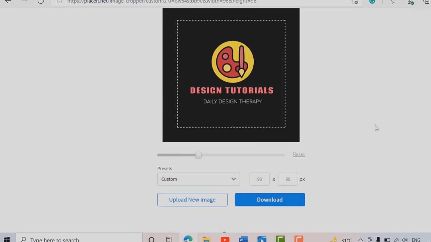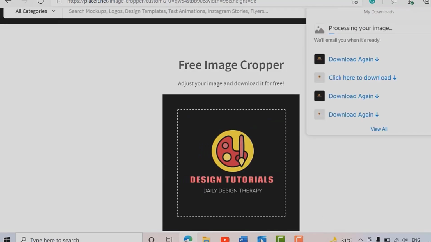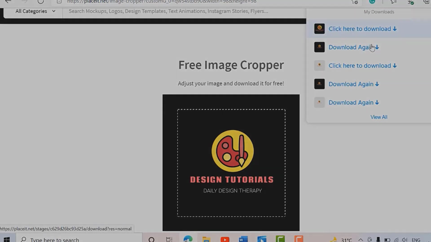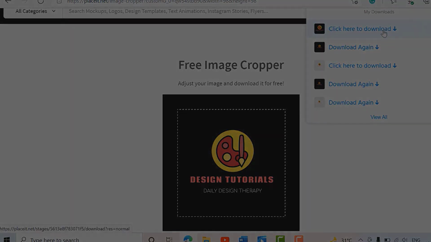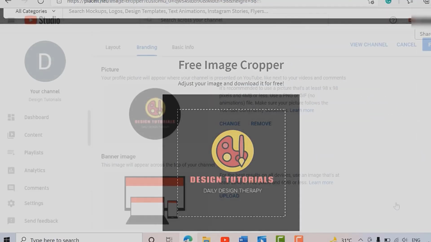I think this is ready to go now. Click on download and it is ready to be downloaded. Boom. I need to re-download it because this resized copy folder here and rename it. Done. Now I can simply upload this logo.